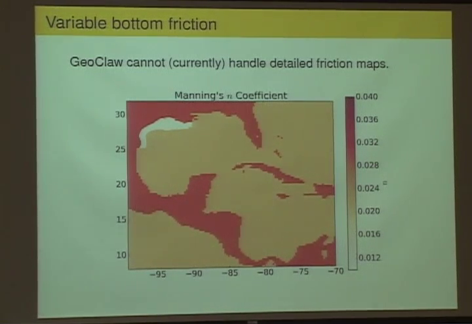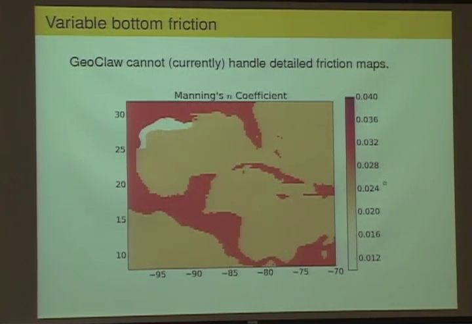One thing I should say to start with is, of course, we have the bathymetry pretty well resolved, but we don't have as good a resolution of the friction factor, which is very important in how the waves actually come on shore often. And the Gulf Coast is very complicated because there's lots of small islands, there's bayous, there's swamps. And so you have to have a spatially varying friction factor in the model to get really good results. And they put a lot of work into that for the ADCIRC code that we're only starting to look at, trying to incorporate variable friction coefficients in our code.